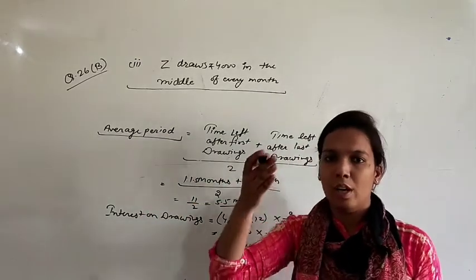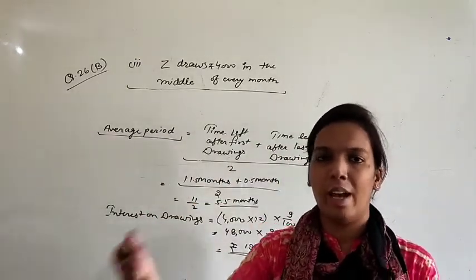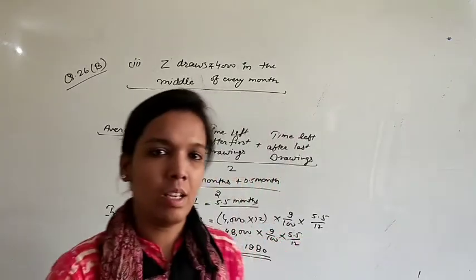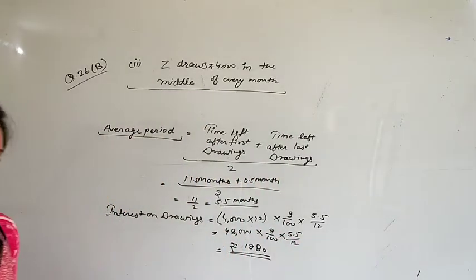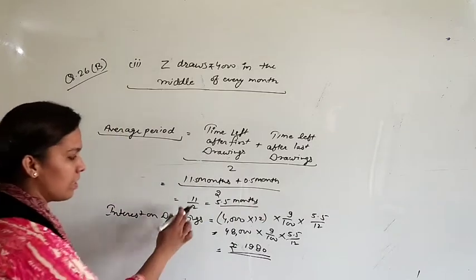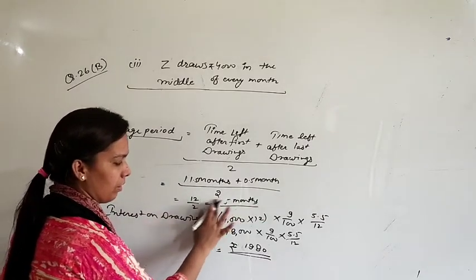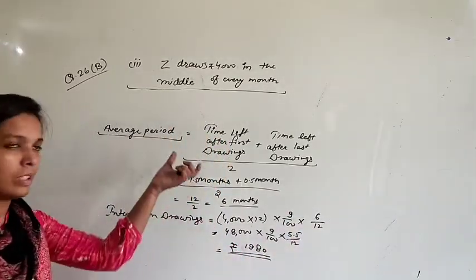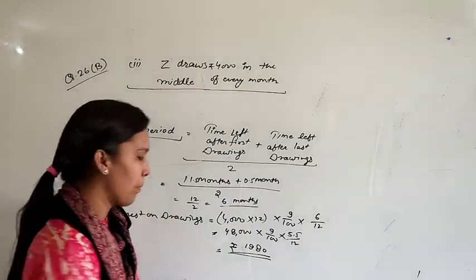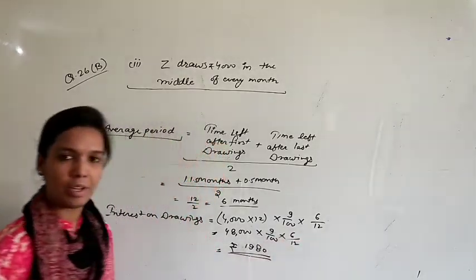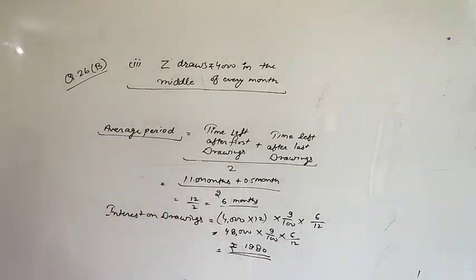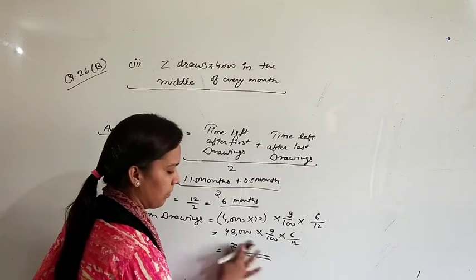Like first you will withdraw on 15th April. So after this first drawing you will have 11.5 months left, and the last drawing you will do on March 15. So after this you will have 15 days left, that is half a month. So the interest will be on 6 months. The amount will be the same because all three partners are withdrawing the same amount. So now we will calculate interest for 6 months, that is 48,000 multiplied by 9% multiplied by 6 months. So in this case you will gain interest of rupees 2,160.